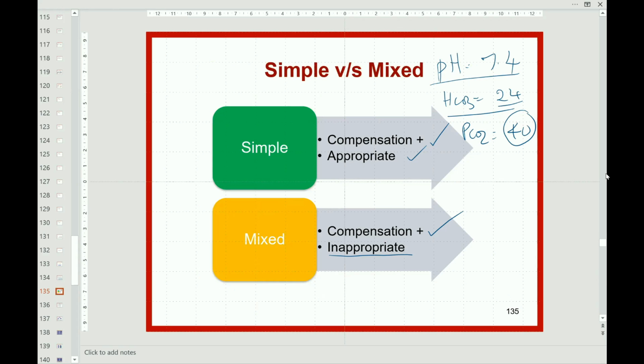We need to observe the bicarbonate and also the carbon dioxide. Among respiratory and metabolic, the one which occurs early and immediately is the respiratory. Within minutes to a few hours it will activate, whereas the metabolic one takes a few days to 1 week. So relatively, life-threatening acute things do happen in the respiratory.